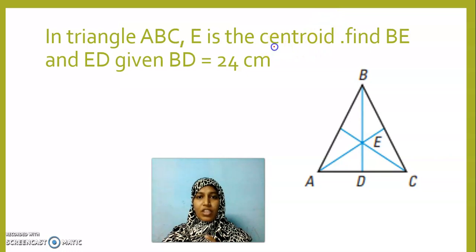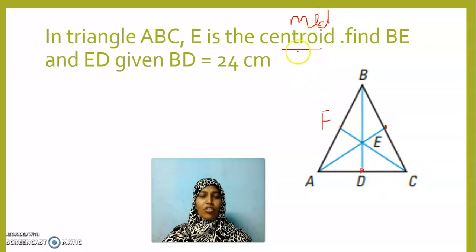Even if you have centroid or median, in both the questions you will draw a triangle where you will have lines joining midpoints of the opposite sides. Here D, E and F are the midpoints of the sides of this triangle. Is it clear? Median or centroid. In both these words, you will draw a triangle with medians, where these medians will join midpoints. So medians in the sense, immediately in your mind it should strike as midpoint.